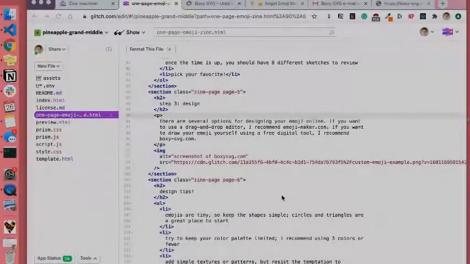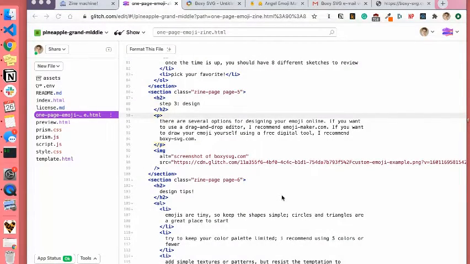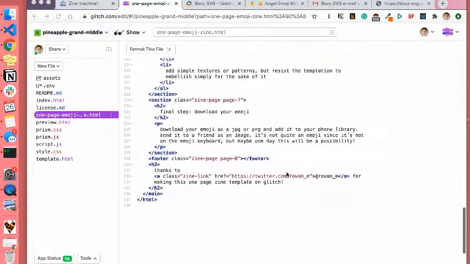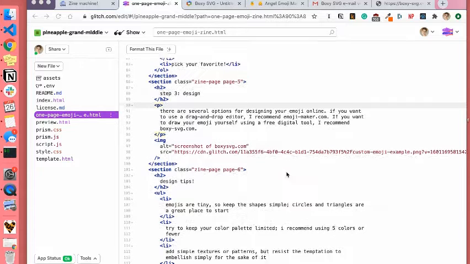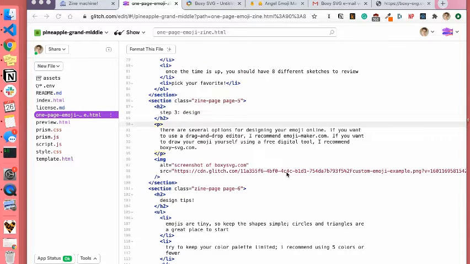And I think, since I have all the content in here that I want, all the images, I'm not really going to change any of the styles just because I think it looks pretty good already with the styles that are in there. We'll see when I play around with it if there are any styles that I need to change. But